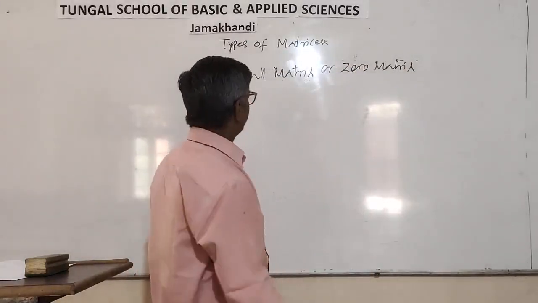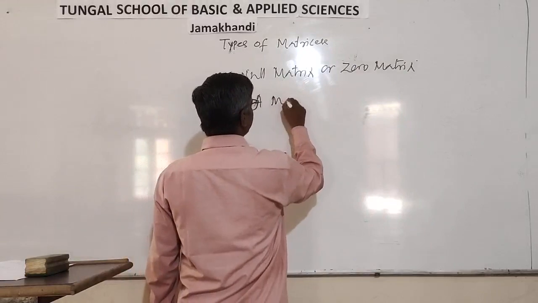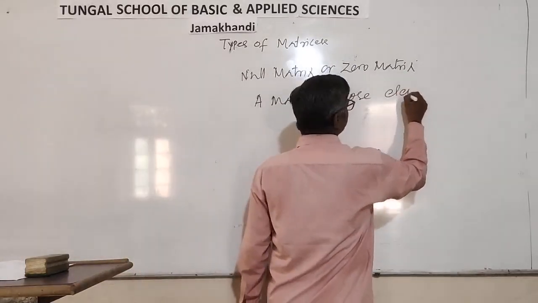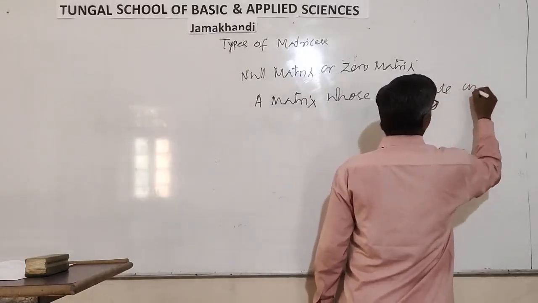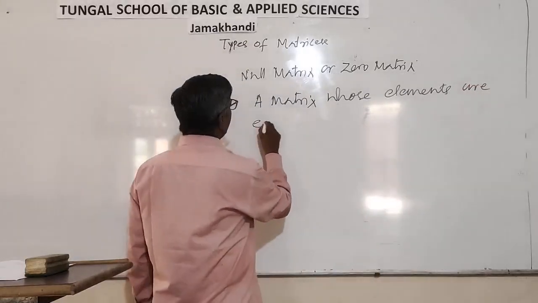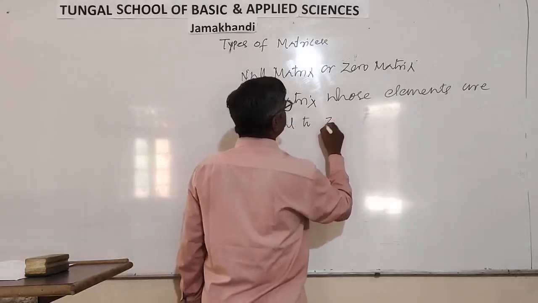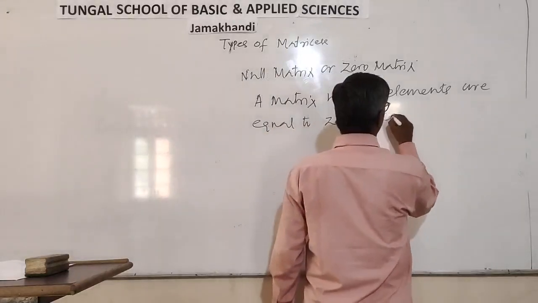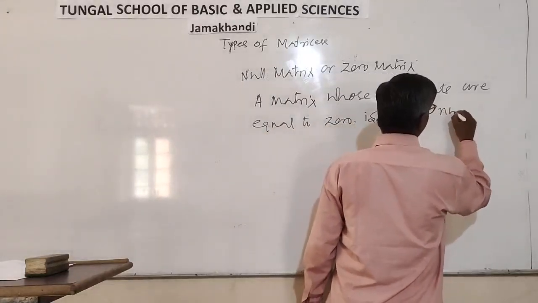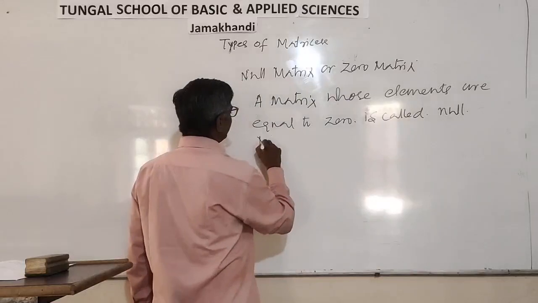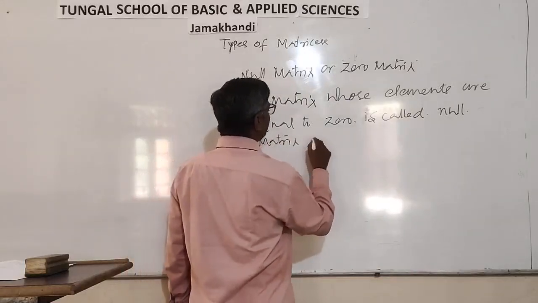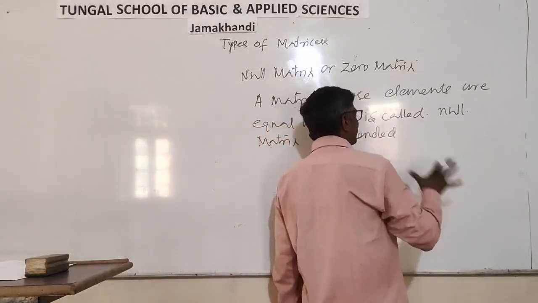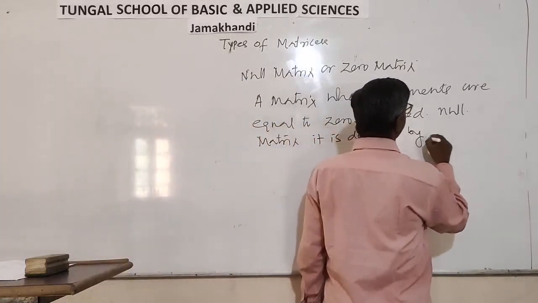A matrix whose elements are all equal to 0 is called a null matrix. It is denoted by, specifically, denoted by